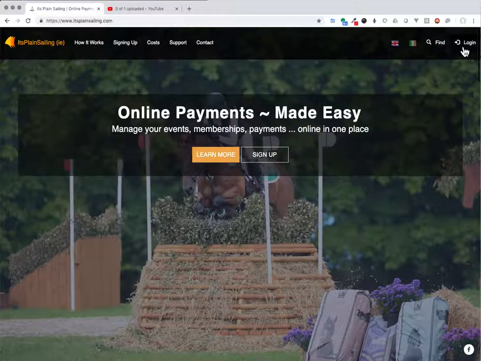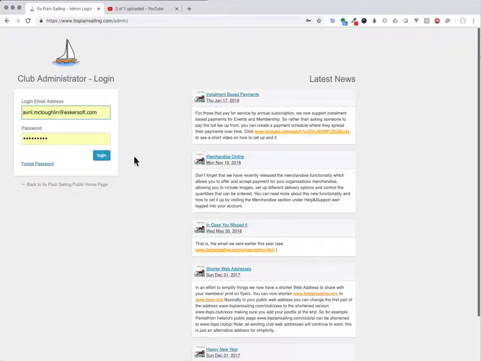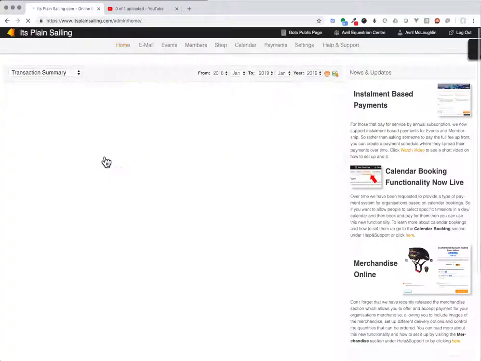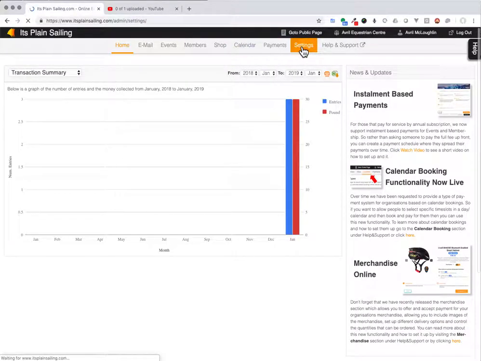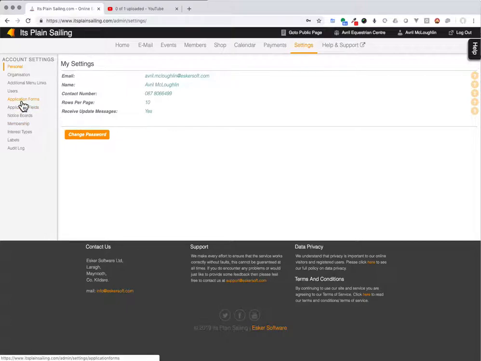How to set up application forms. So first thing you do is you log into your administrative area, then click settings, and then click application forms,